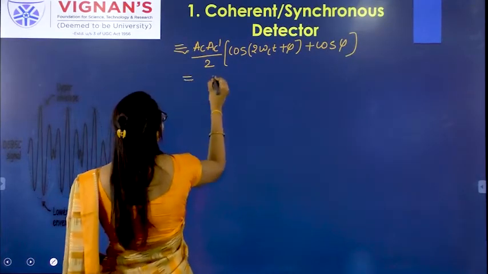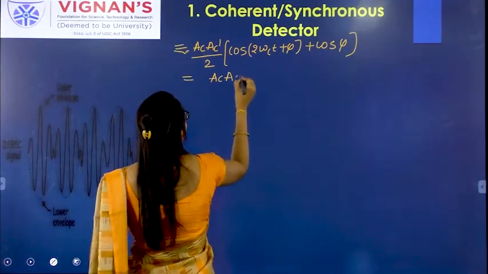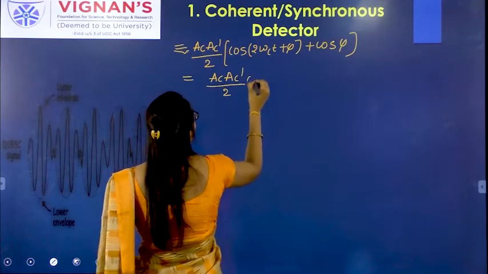So you write here Ac dash by 2 into cos phi